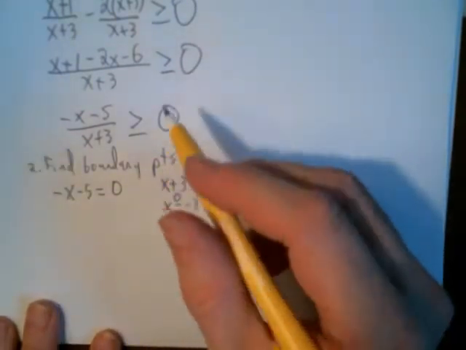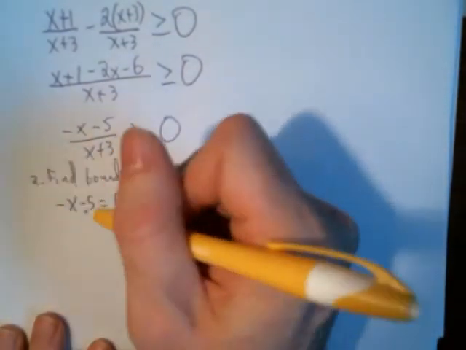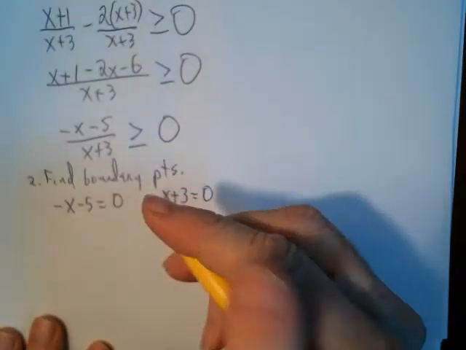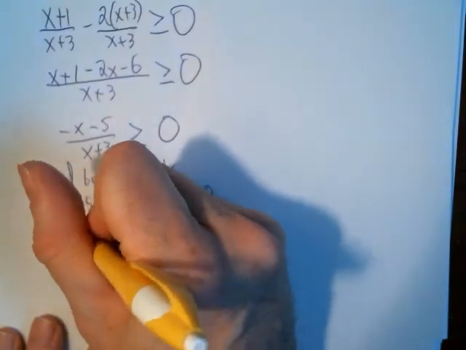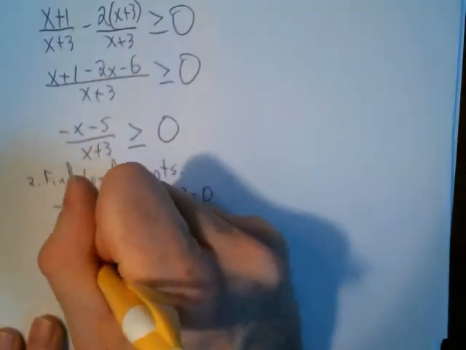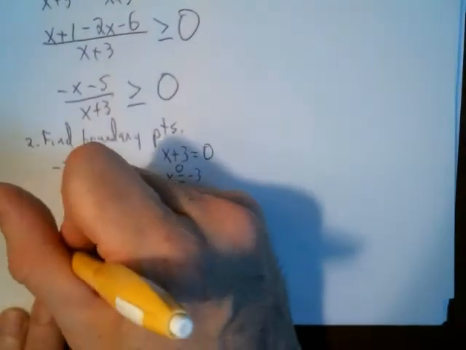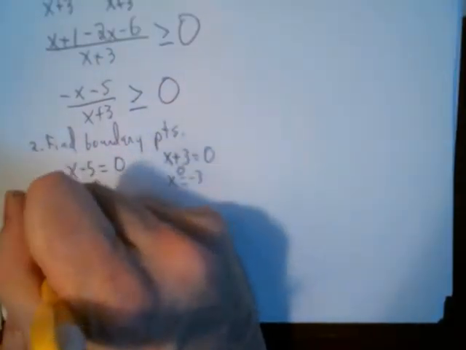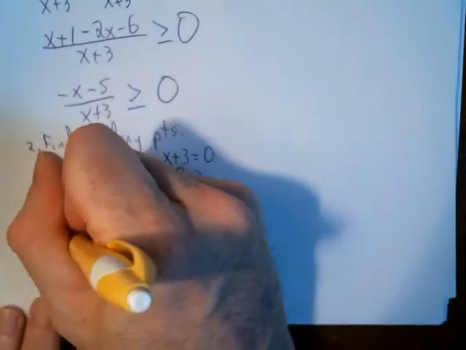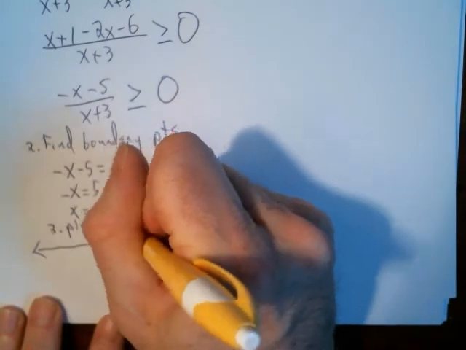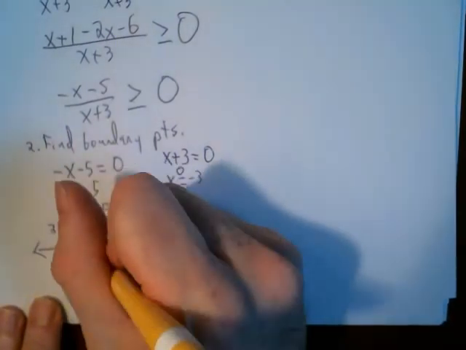This one, however, is different, and it's dependent on the inequality. Okay, so this will be included because there's a line underneath the inequality, right? So this is exactly where the thing is equal to 0. So anyways, negative x is 5, and then x is -5. Okay. And just as before, we're going to plot these things on a number line. So we're plotting the boundary points here. Plot boundary points. So I'll have -5,